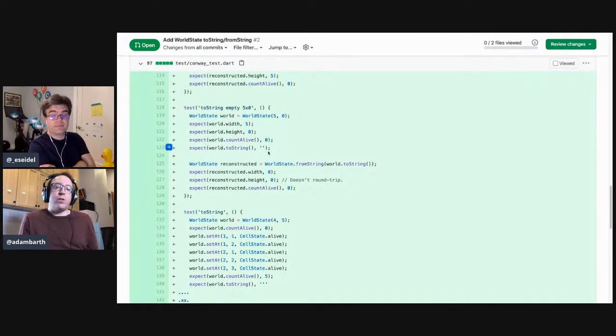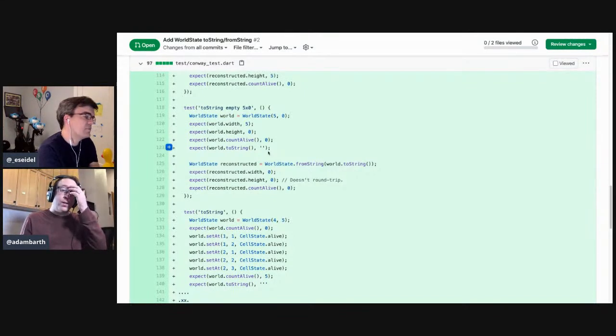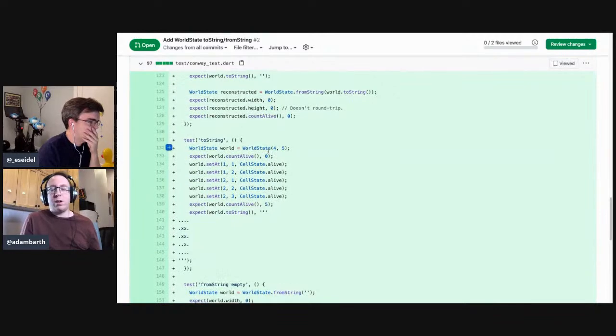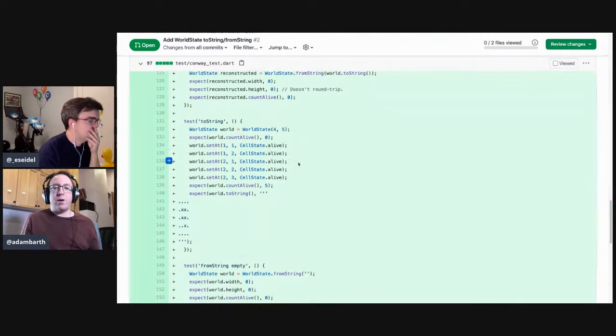I wouldn't say it's intentionally lossy, but in writing the tests and thinking it through, I discovered that it was lossy in this way. And I kind of wonder if this is pointing to some sort of flaw in our model, that maybe we should collapse all the 0 size worlds into one canonical empty world that's a 0 by 0 world. Anyway, I didn't do that. I just documented the test, and I left this comment in here. I guess I could have elaborated more in the comment about what I was thinking.